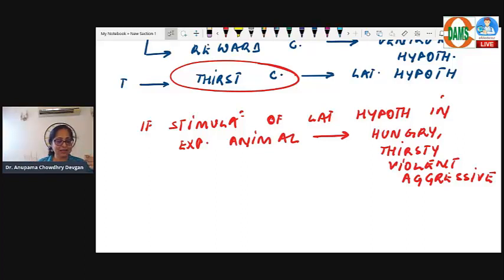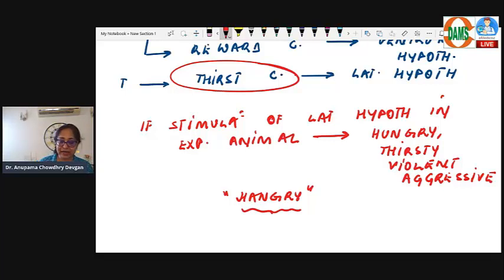And this happens to us as well, isn't it? Yes. So Prabhat, there is actually a term called hangry. It happens to us as well. Whenever we are very hungry, we are also irritable and angry. So there's a term called hangry, hungry and angry. What is the physiological basis? The physiological basis is the overlapping functions of the lateral hypothalamus.